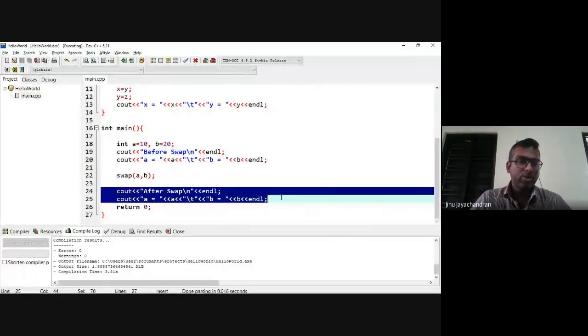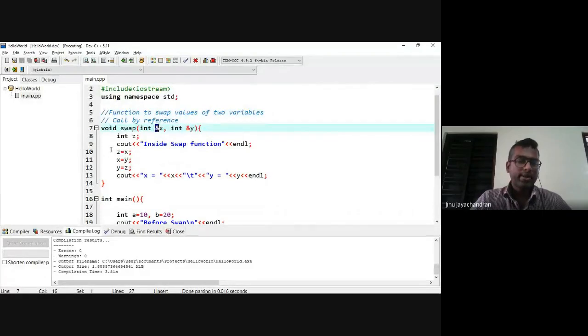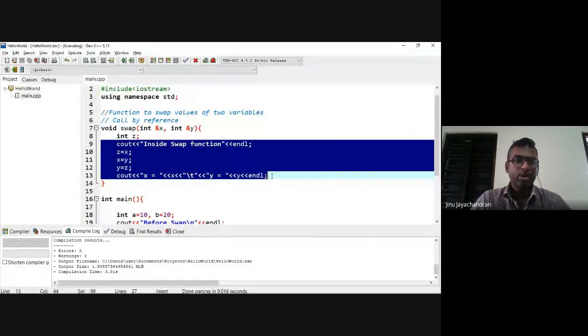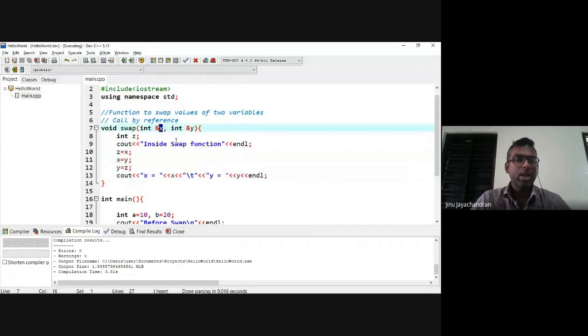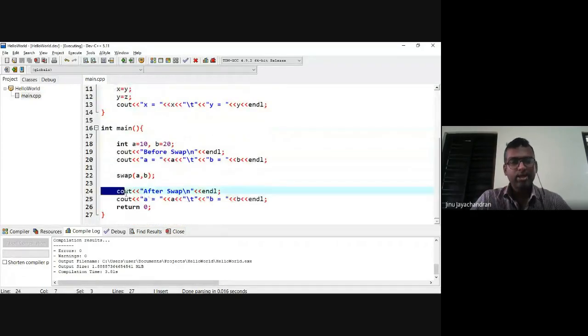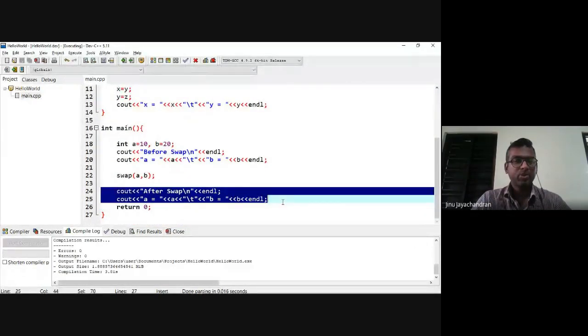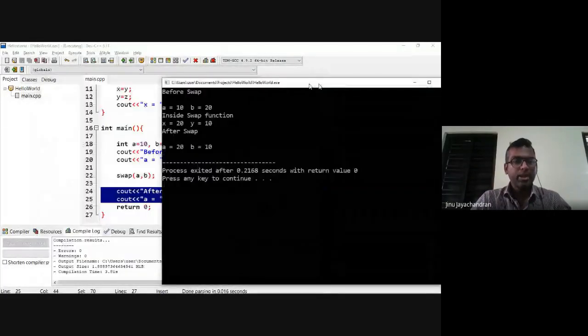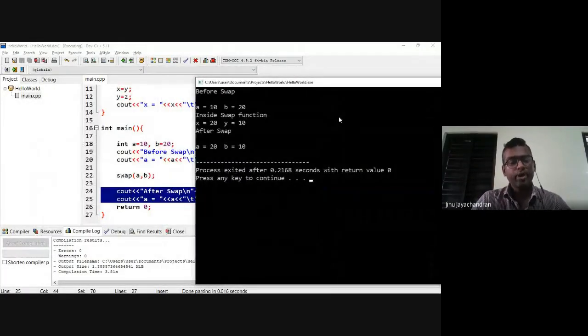But once we gave the ampersand sign, whatever changes you made to x and y have been reflected in the main function. That means you actually went inside the memory location of a and b using the swap function, altered the values, and came back to the main function.